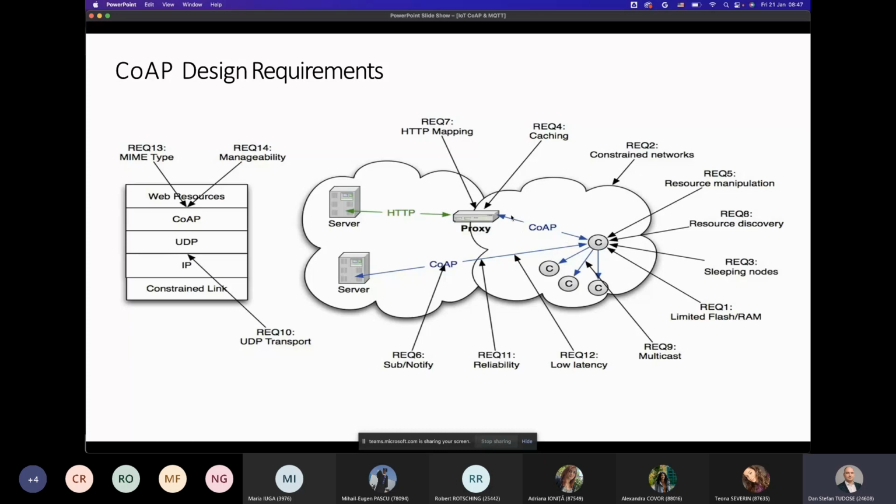And then it'll have to support multicast, so you'd have to maybe communicate in some instances from one node to multiple nodes within the network. Ideally, you would need to be reliable in communication and have a very low latency in your communication. Again, you would like to be stateless here because of the different constraints of the devices.